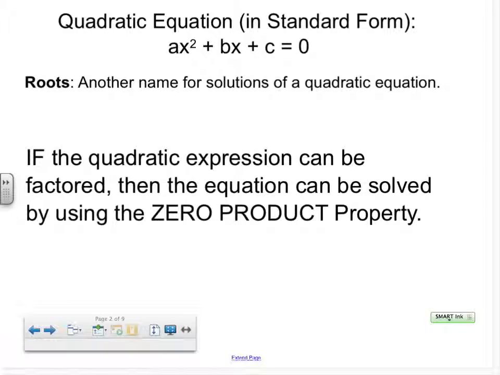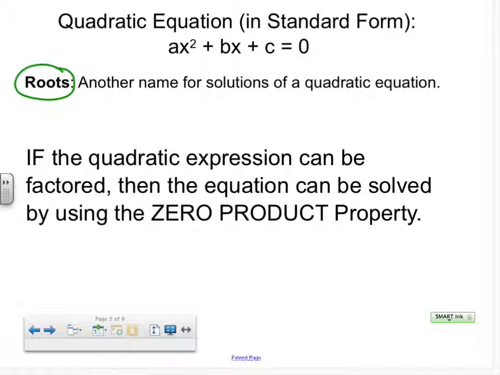All right, first off, when we factor, we're going to talk about starting from standard form. When we say we solve it, we're going to set it equal to 0. We get into standard form, set it equal to 0. When we solve it, set it equal to 0, we may say find the roots. There's lots of different phrases we'll use for it. One phrase we'll say is find the roots. One thing we should know is that if it is factored, we can solve it very quickly using the zero